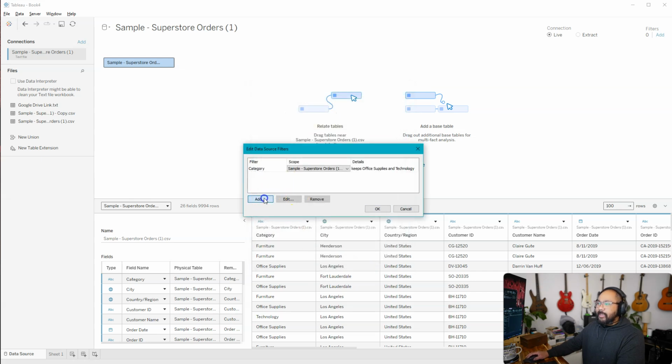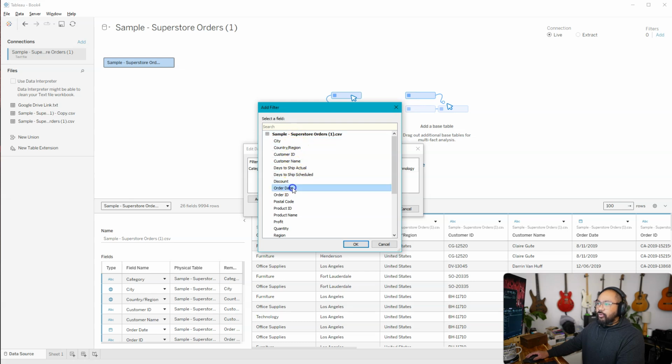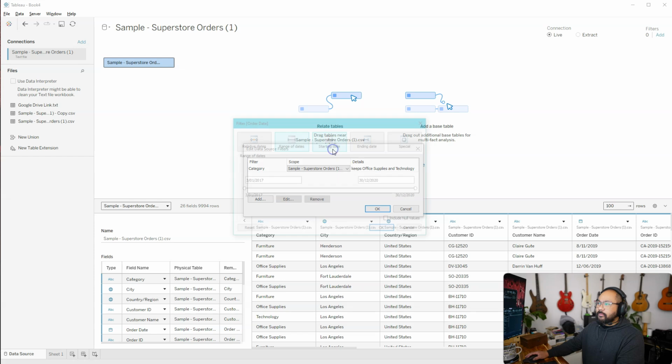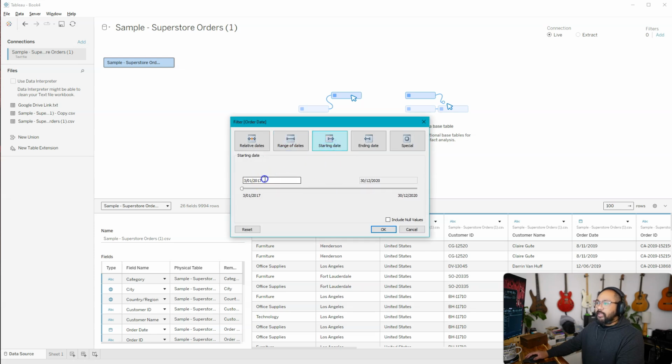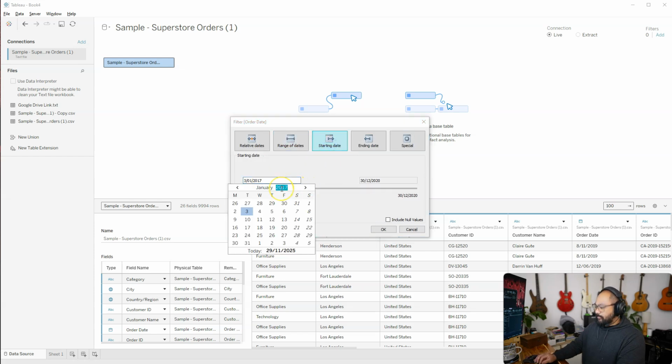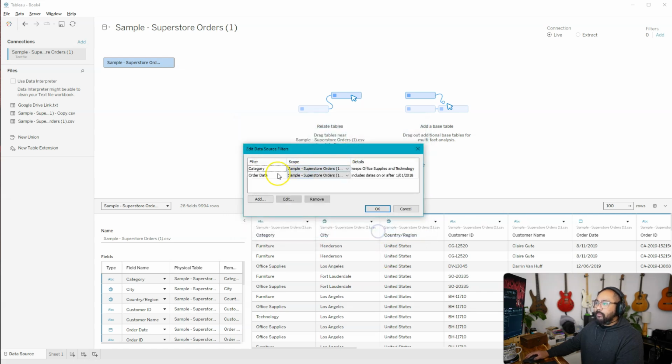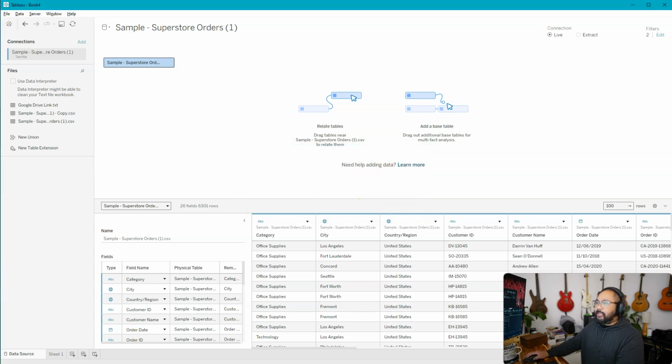Then I do add again, and this time we're going to do order date. I'm going to go range of dates, and I'm going to go starting date 2018, 1st of January. I'm going to go OK. So I've got two filters. Now if I go OK and go back to sheet 1,